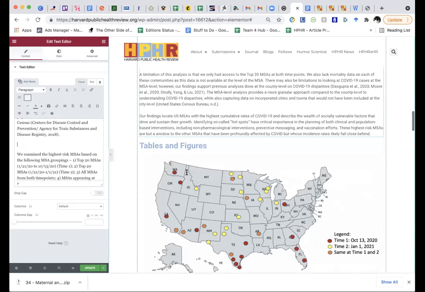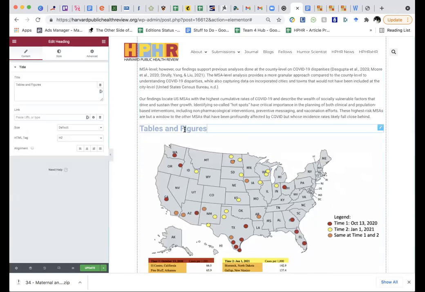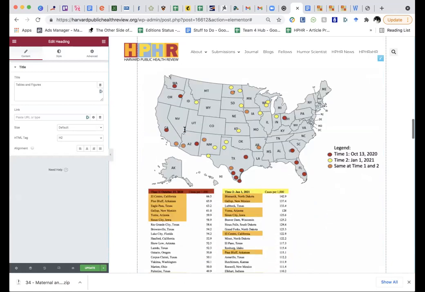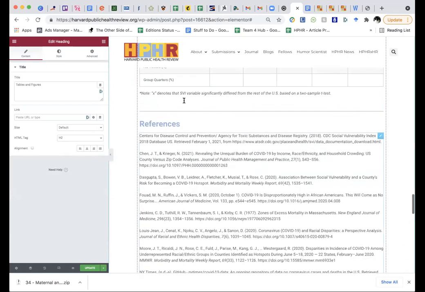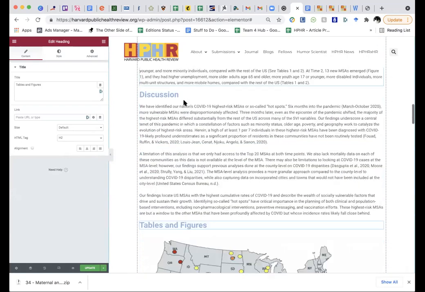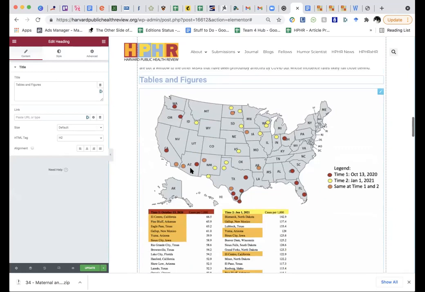So you're going to work down, and then I often put tables and figures in their own section at the end of the article before I get to the citations or the references. So here we have tables and figures.